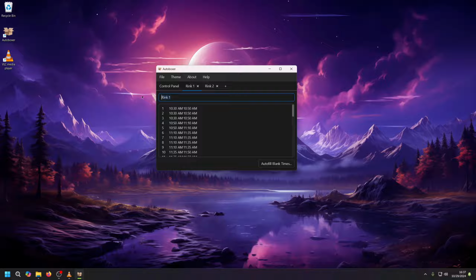You can also rename the rinks. So this could be the Olympic rink, and then this could be the NHL rink. And then you would just fill the schedule fields with whatever events from the 104, just like we did with the one rink, take place on